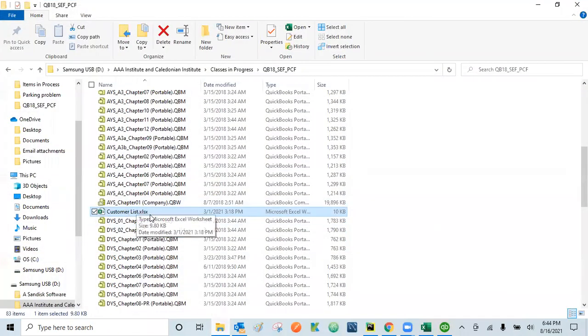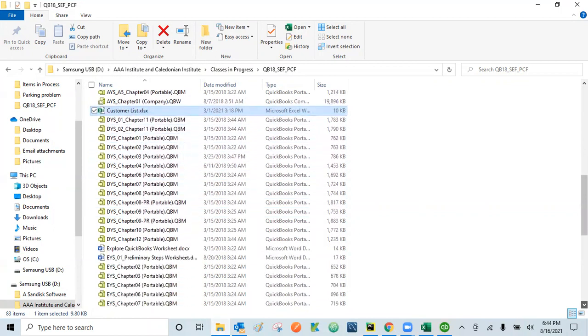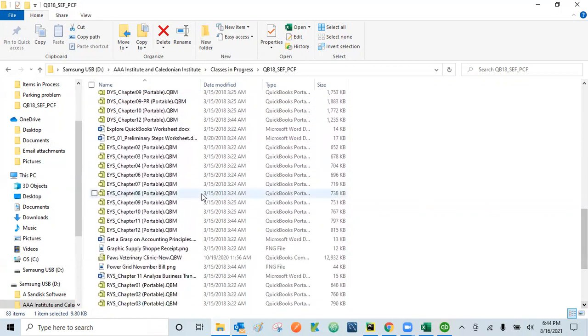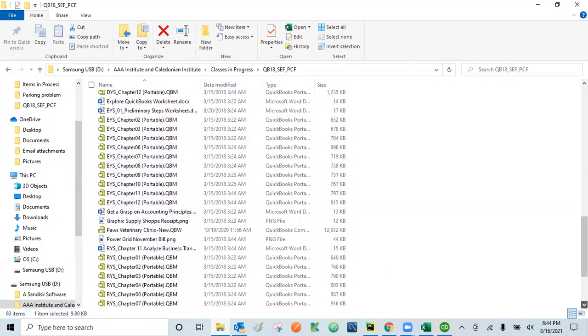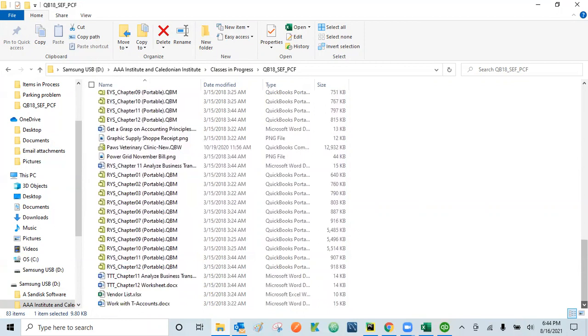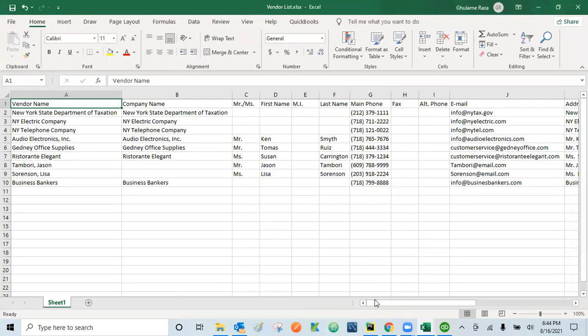And now I have a customer list here. I want to work with the vendors list. I go to the vendors list here. I keep going because these are all in alphabetical order. So you can see there's E, R, T, and then the vendor list. We can click the vendor list. And when the vendor list is open,